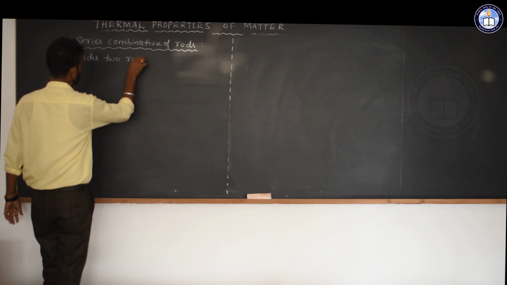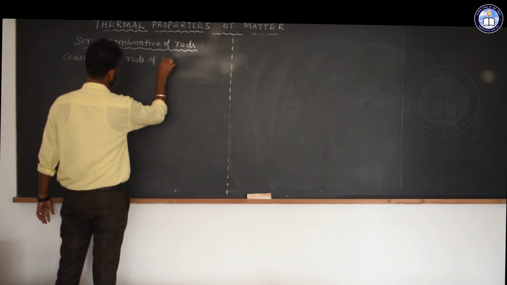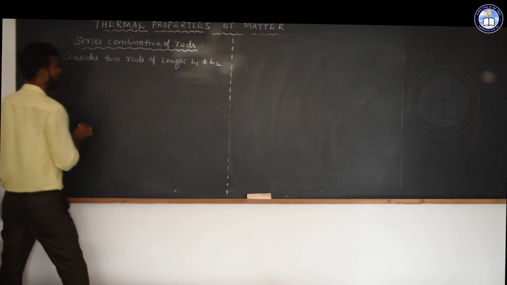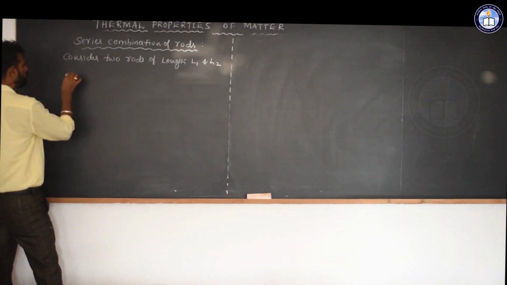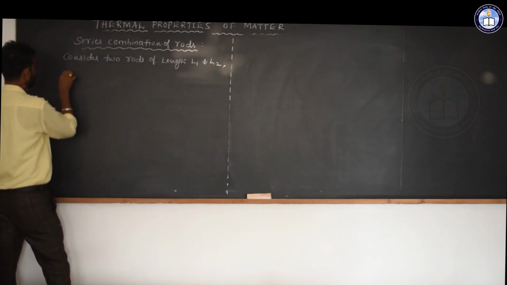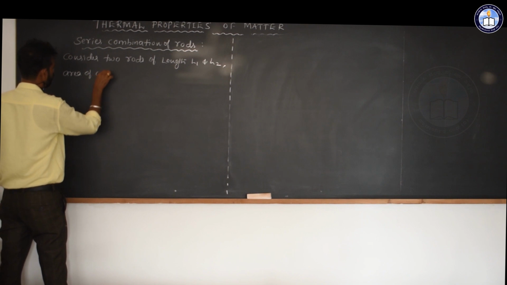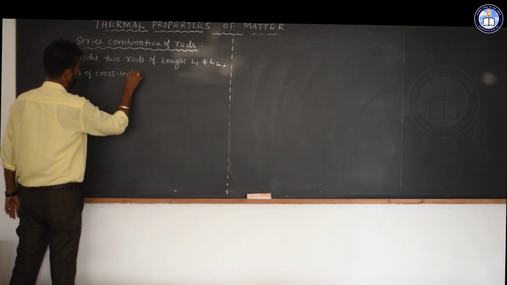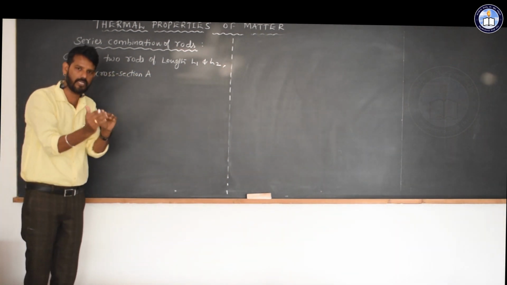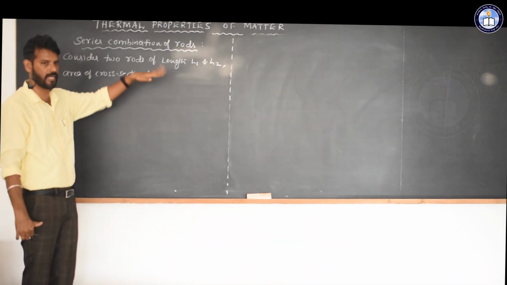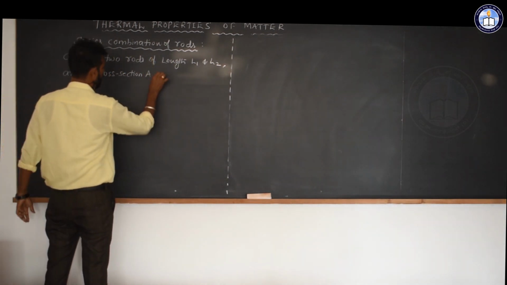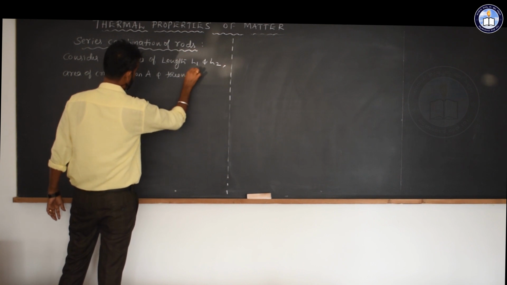Consider two rods of length L1 and L2, with area of cross section A. That means both rods will have the same area of cross section. Later we will see that if we change the area of cross section, how we can rewrite all the formulas. Now let us consider both having the same area of cross section and